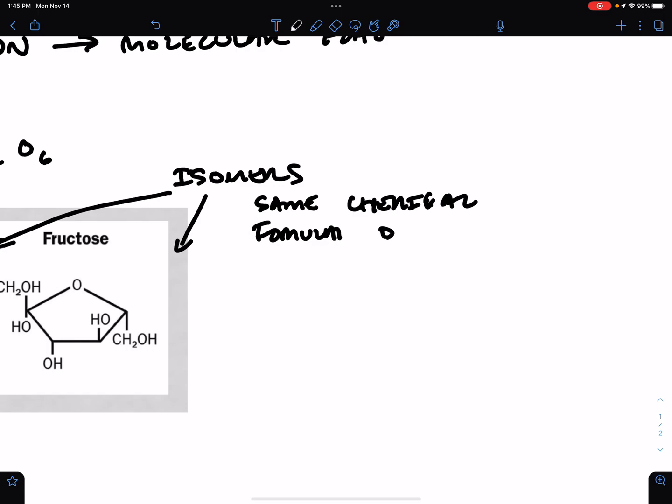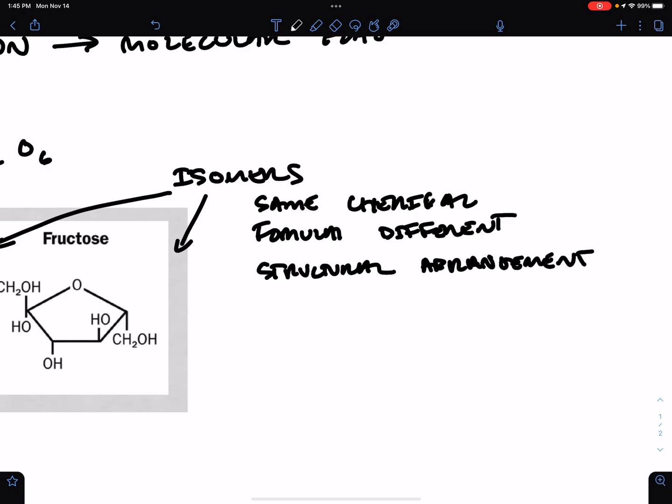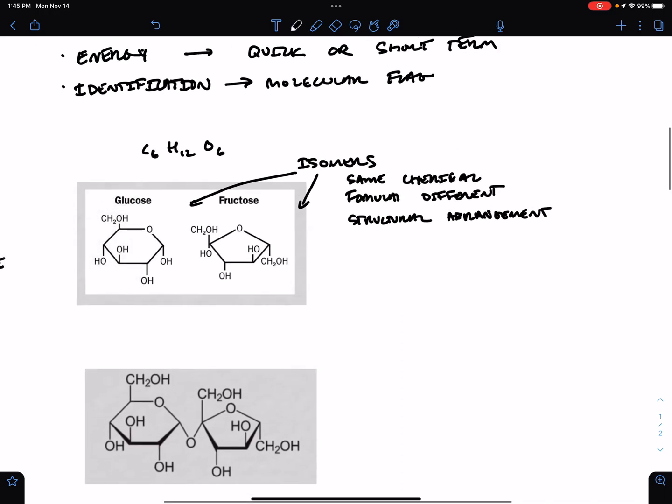Formula, different structural arrangement. Okay, and the different structural arrangements of glucose and fructose actually have a profound effect on a lot of their